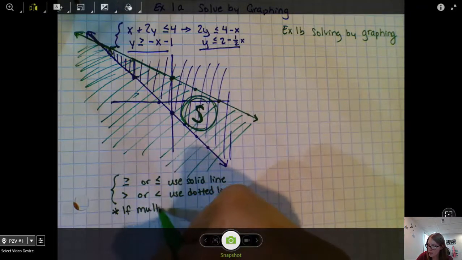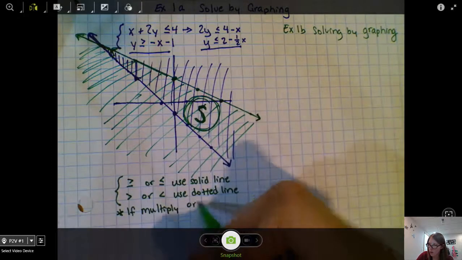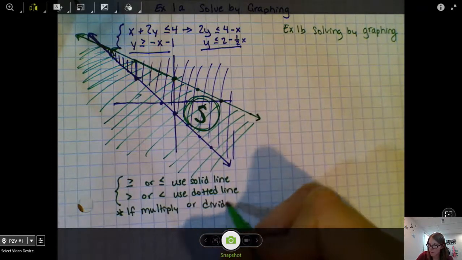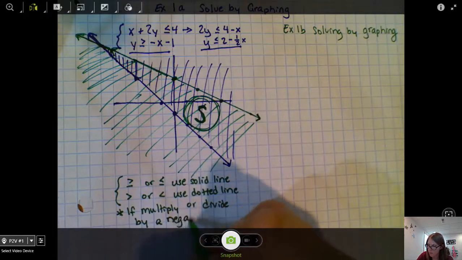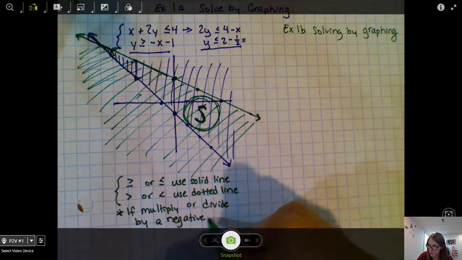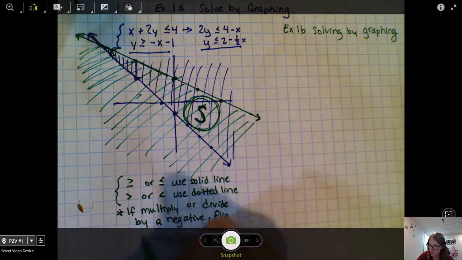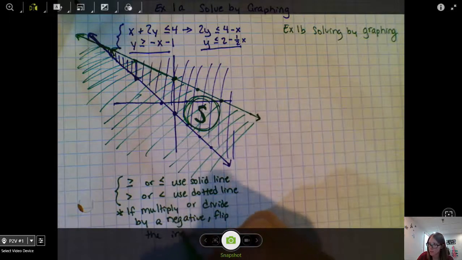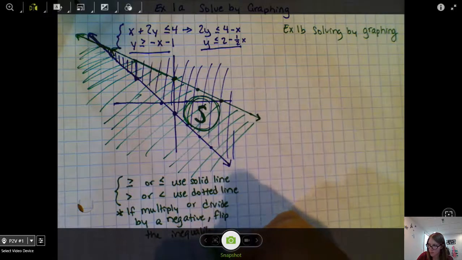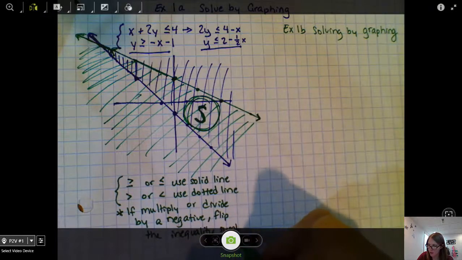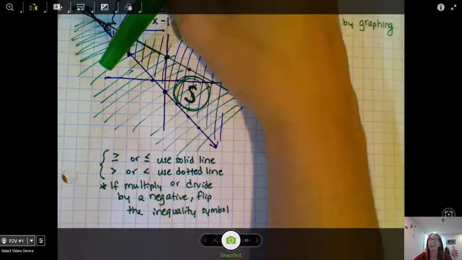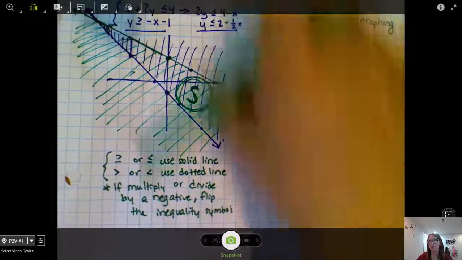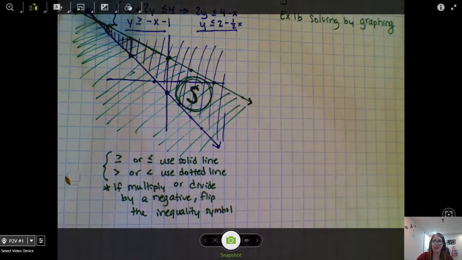If you ever have to multiply or divide by a negative, flip the inequality symbol. Okay, and this is very, very important. That might be the difference between you getting no solution when there really is a solution, or crazy things like that. So just be careful with